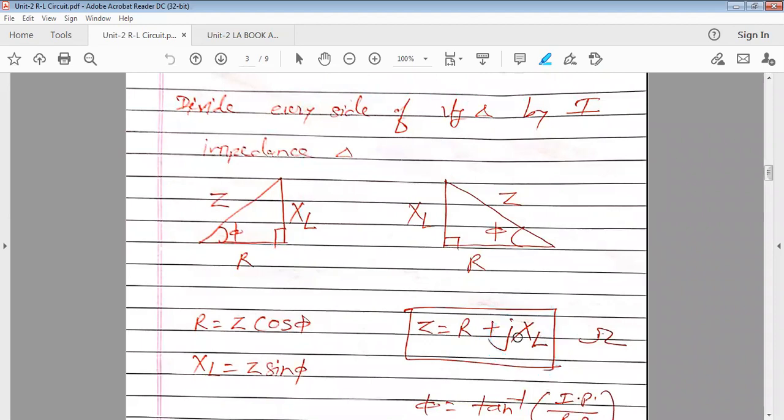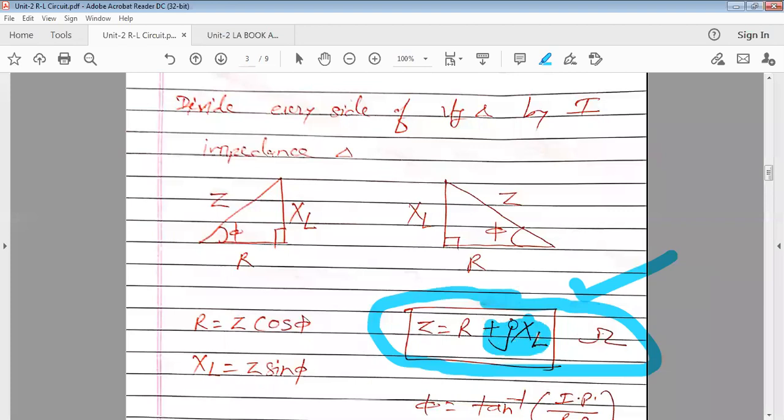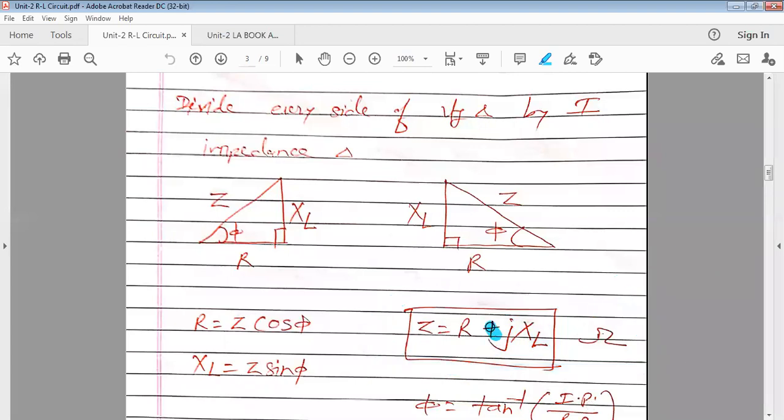Now here, along with the inductor, resistance is also there. So keep the Z formula in your mind, because sometimes you have to use it to calculate the impedance, or the options given to you are in rectangular form: R plus jXL. If the imaginary part of Z is positive, what does it mean? Whenever the imaginary part of Z is positive, it is compulsorily a series RL circuit, with some real part.